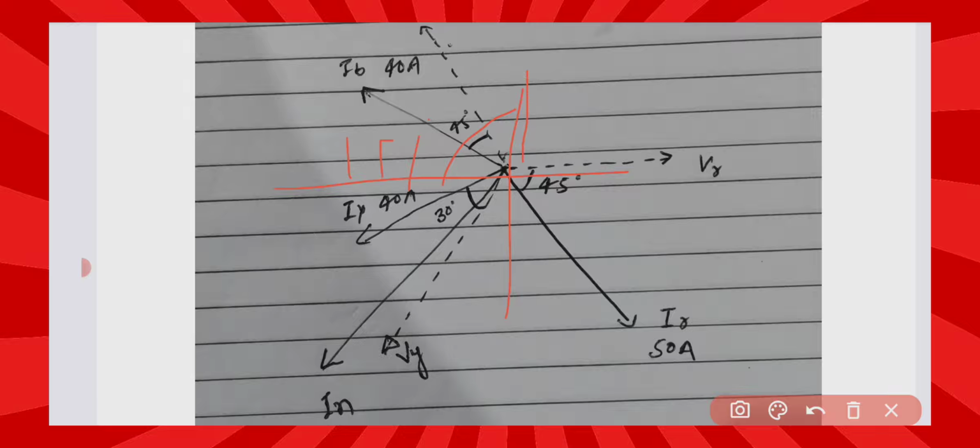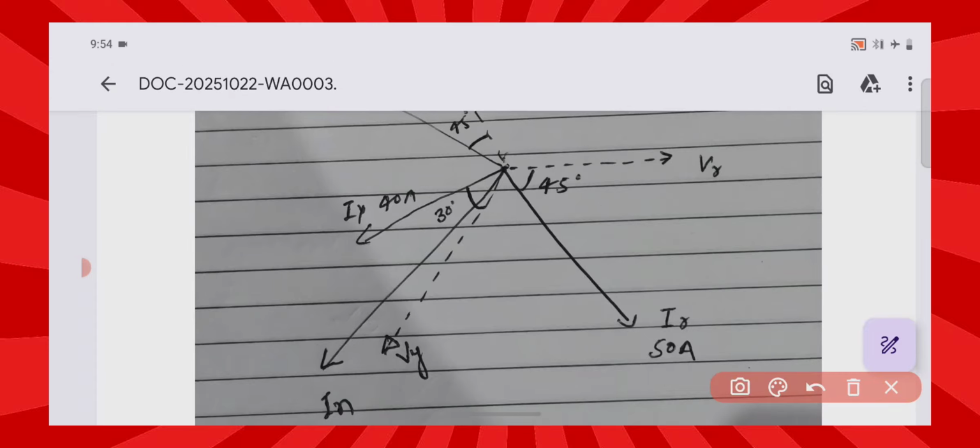One second. 45 plus 15 is 60, then 30 degrees, so this will be 75 degrees. And we will calculate for vertical. Take this one. This is 120, already we know. This is 30. 120 plus 30 is 150, and the total sum is 180, so this will be 30 degrees. So when we break this, this 30 degrees will help, and in the vertical condition we can calculate by this.